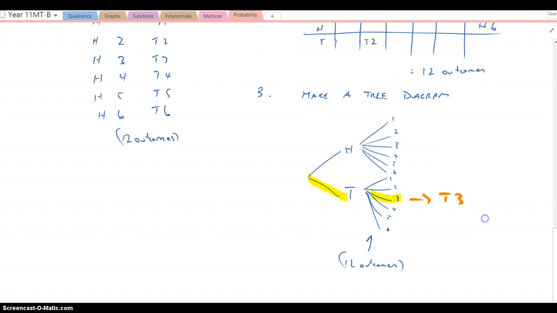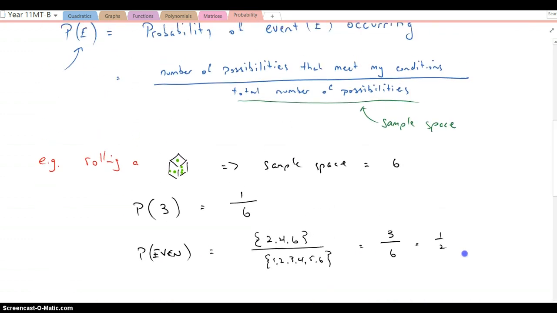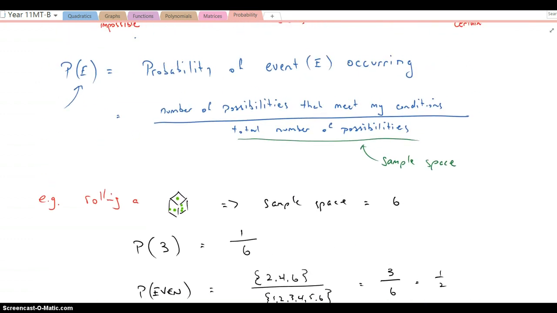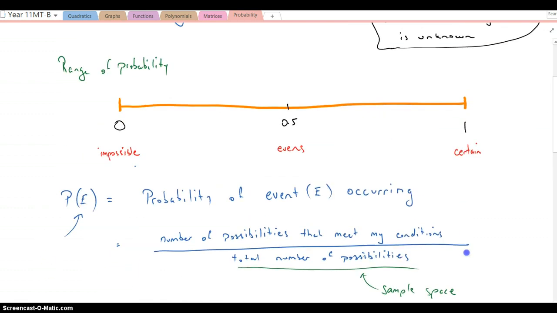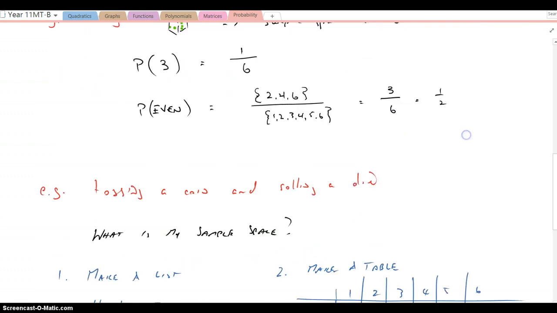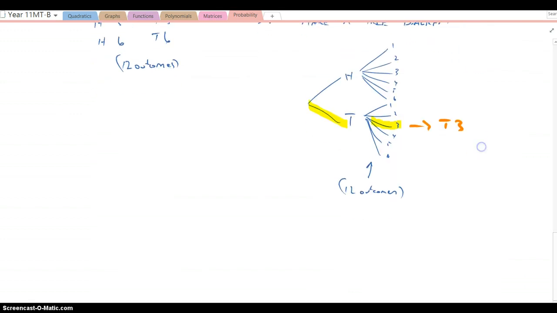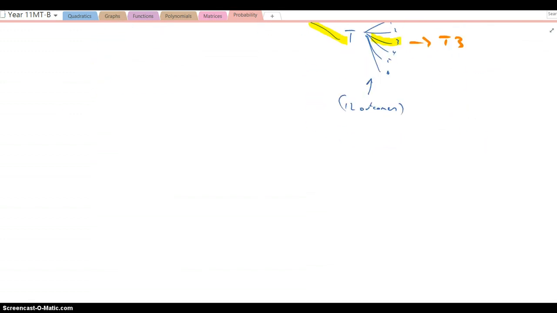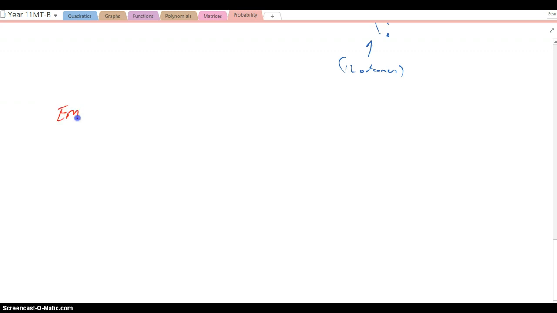Okay, so sample space, brilliant. We've had a chat about that. We've had a chat about the language here of probability, how to calculate the probability of an event. All good. Okay. Last little concept I want to discuss on this screencast is empirical probability, which deals with the probability of events that aren't quite so theoretical.